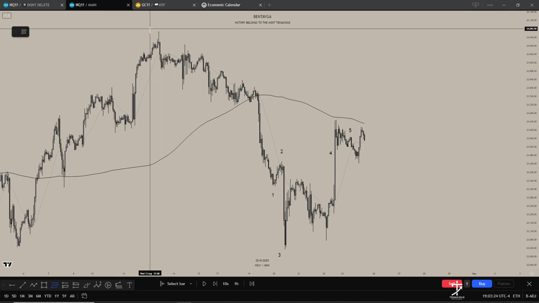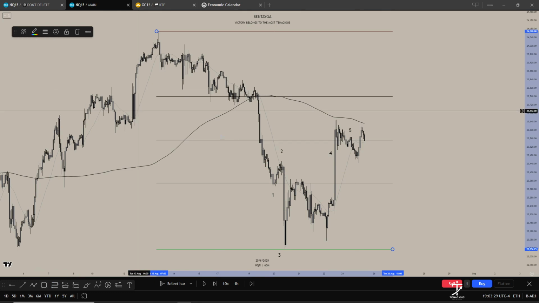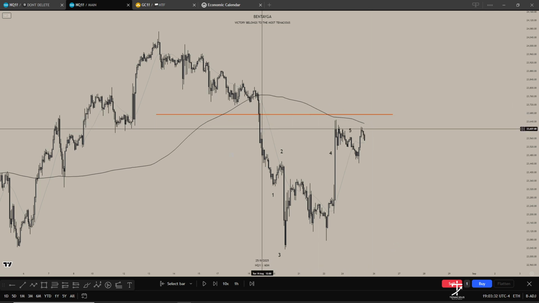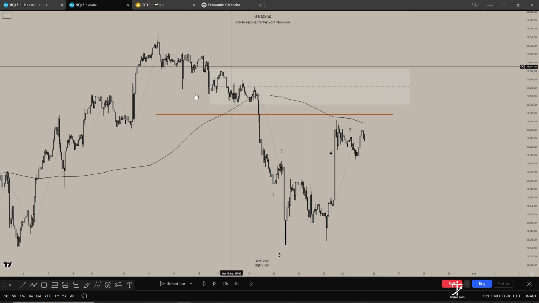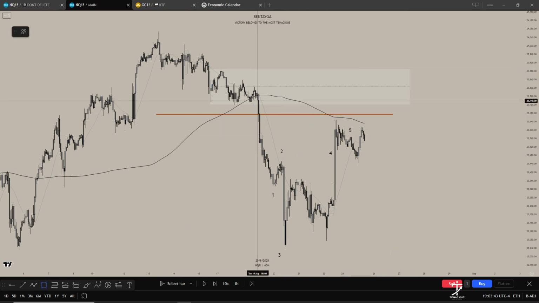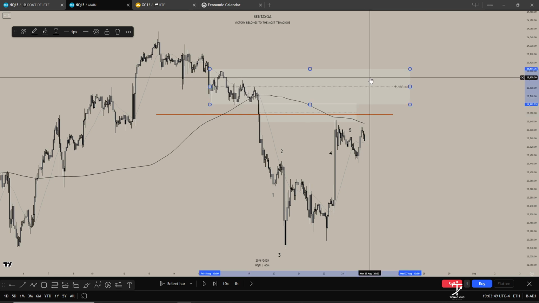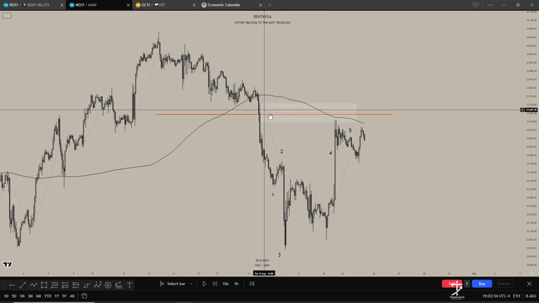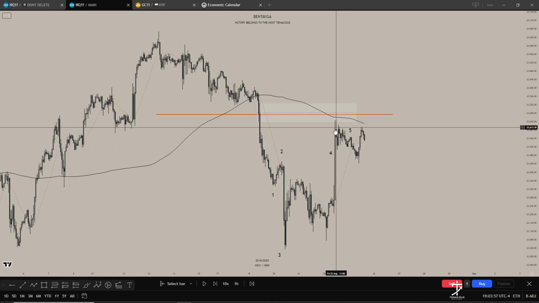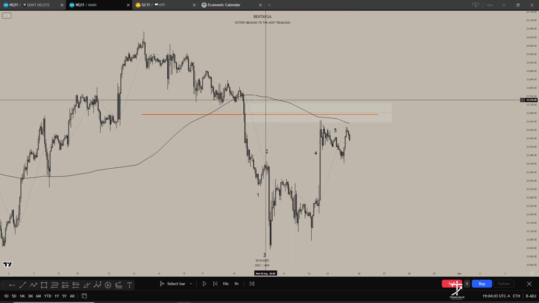I can drop my fib from this high to this low, and we don't quite tap the 618, but also price might want to come back and tap into potentially this area, which is the supply and demand. But we have actually tapped into this fractal, this wick by wick fractal there. Let me just delete this one here. We have tapped this ever so slightly. For those of you that know, this is an area of supply and demand on a lower time frame. So it'll be interesting to see how we bounce off this area here, but also see how we react off the 200 SMA.